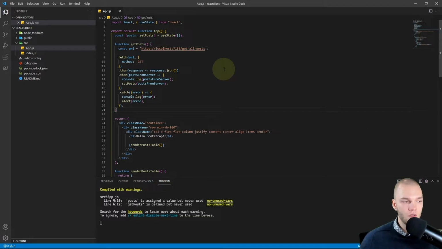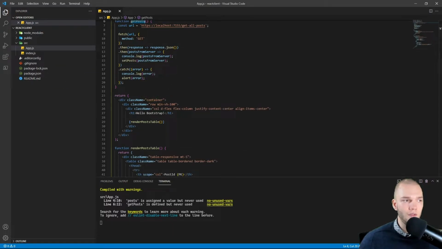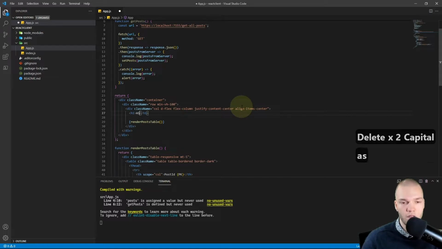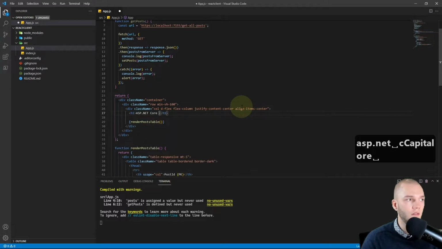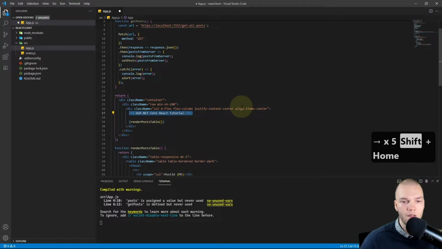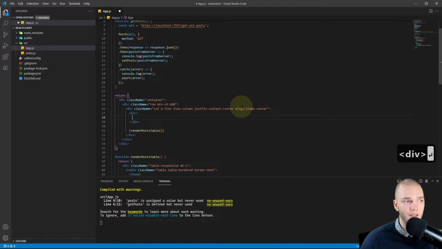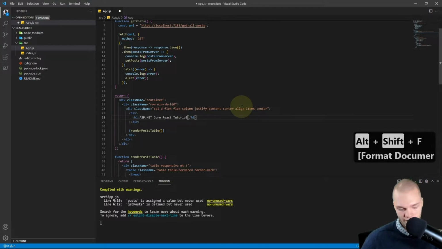Alright, so now that we have this getPosts function, let's have something call it, and I'll add a button for that. So in the main return statement, I'm gonna change the h1 a little bit, and I'll just first change the text, this is optional, to ASP.NET Core React Tutorial, and I'm gonna cut it, and instead I'm gonna add a div, so it's wrapped in a div, and then I'll paste it and use our formatter here. So Shift Alt F,